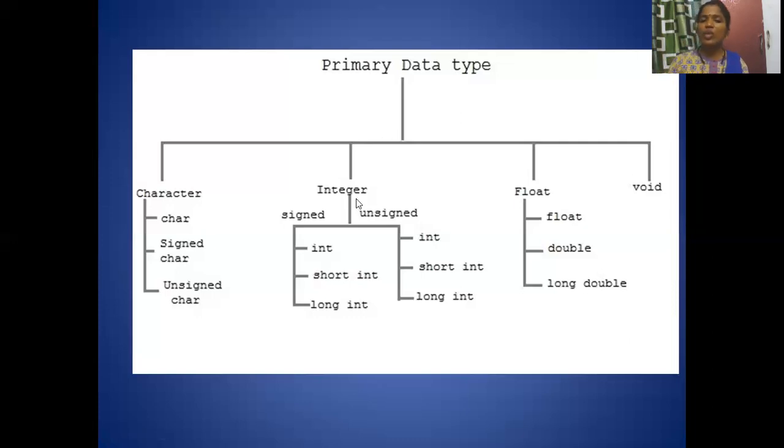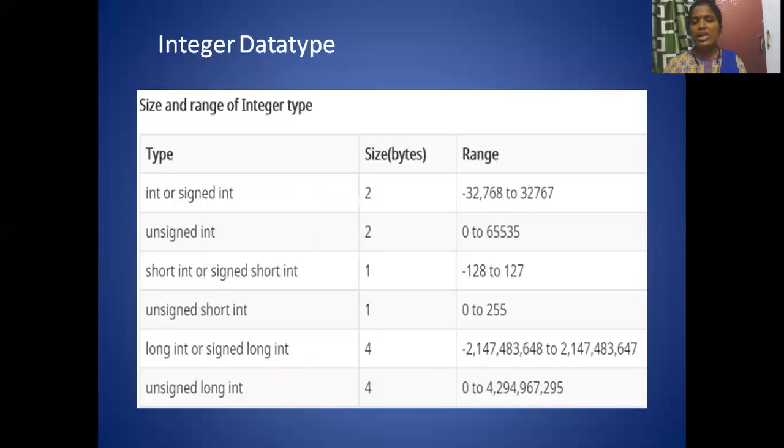Same way, the other one is character. A character stores only 1 byte of data, only one character. A character is any digit or any symbol which is enclosed in single quotes. A character can be signed character or unsigned character. Here also the leftmost bit will be shown as the sign. Okay, so let's see next. These are the values. Here you have to understand two things, size and range.